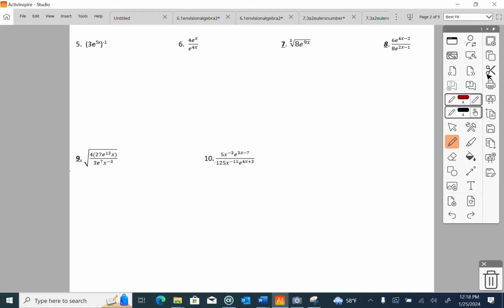All right, number 7. 7 is a cubic root. Cubic root of 8 is 2. So there's a 2. The deal with these is you divide